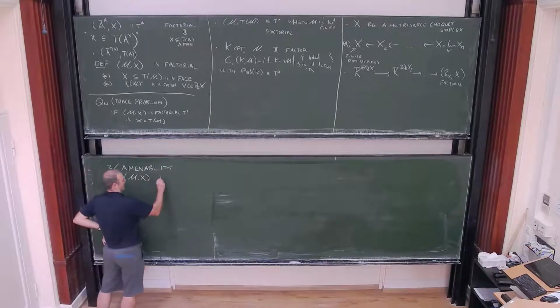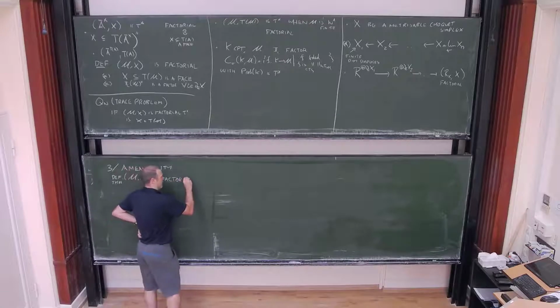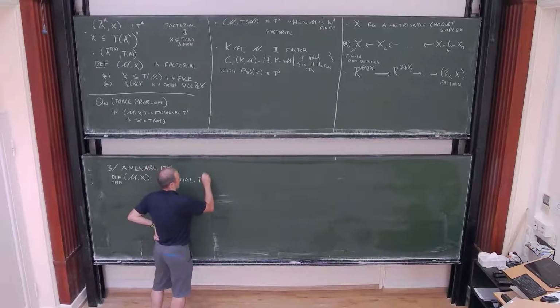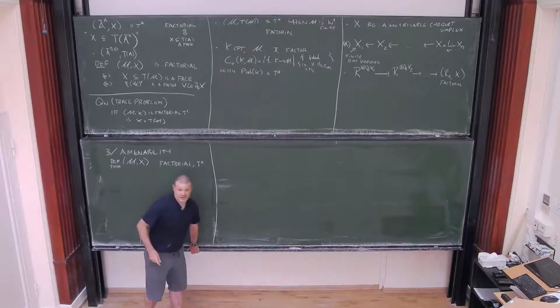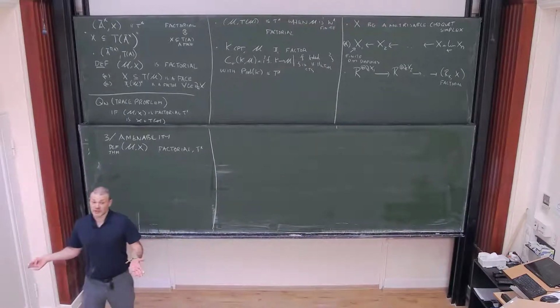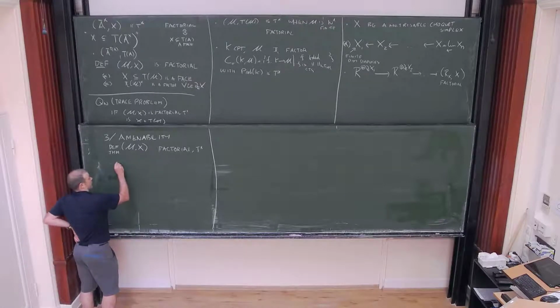If M_X is factorial and T_X, you've got a choice. How would you like to define amenability? Would you like to define it by looking at fibres, or would you like to define it globally? And the theorem is that, of course, it doesn't matter. The following are equivalent: